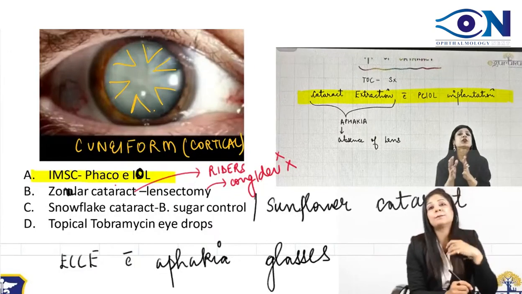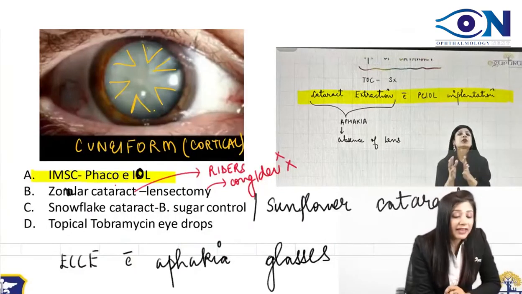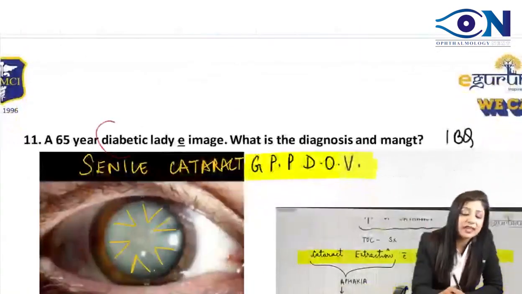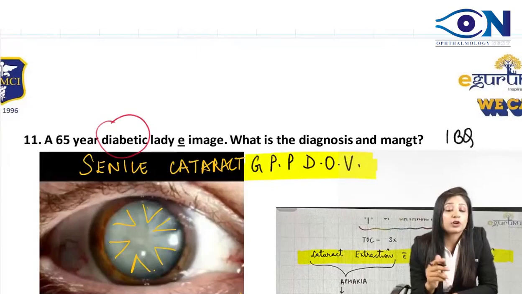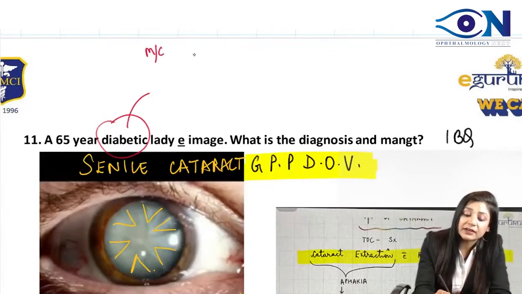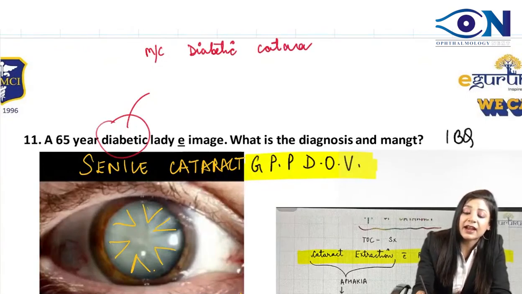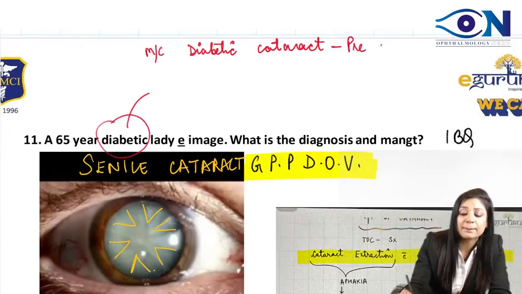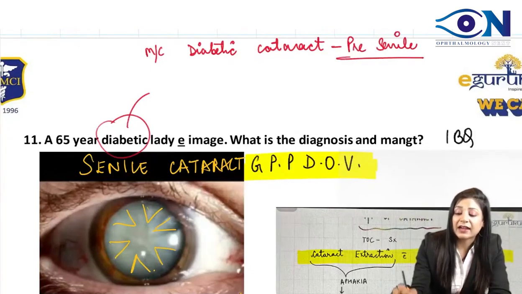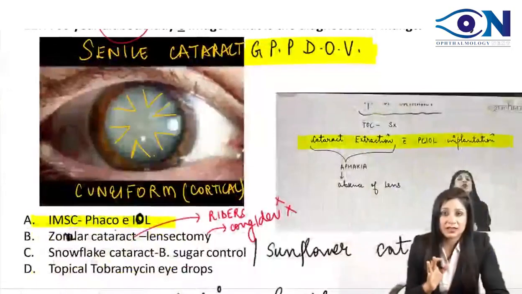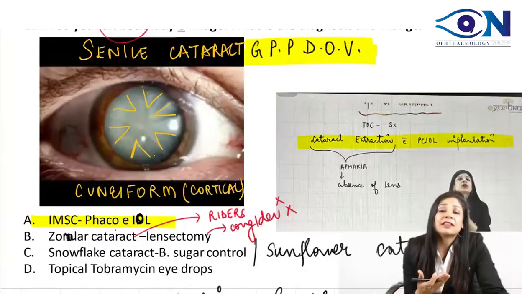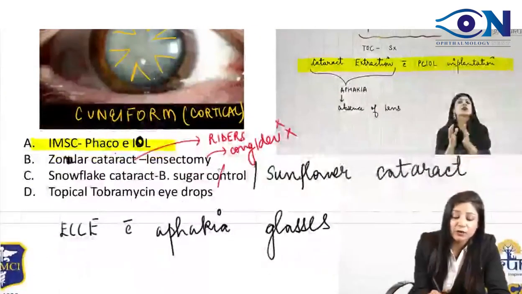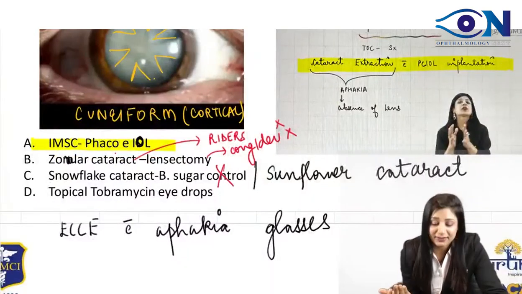Snowflake cataract. Now purposefully they wrote this snowflake cataract because they had said that this patient was having the diabetes. They did not mention the duration. Plus I told you this in one shot also, that if I talk about the most common diabetic cataract, then it is not snowflake. It is actually the pre-senile cataract. And pre-senile cataract can give you the same thing. We can have the premature aging. That is why this is not the snowflake cataract. Now even if I think that it can be a snowflake cataract, I will not control the sugar for a cataract. I will just do the cataract surgery.